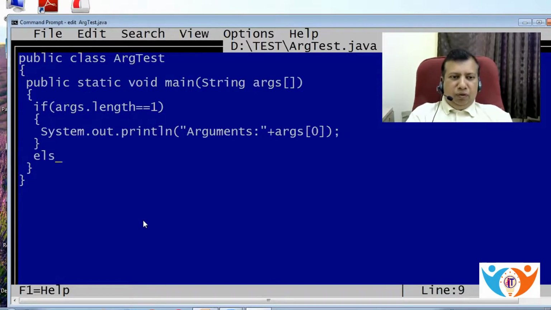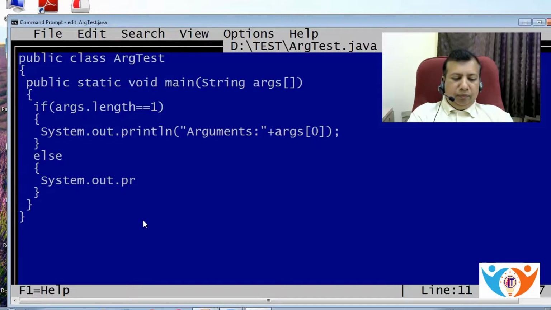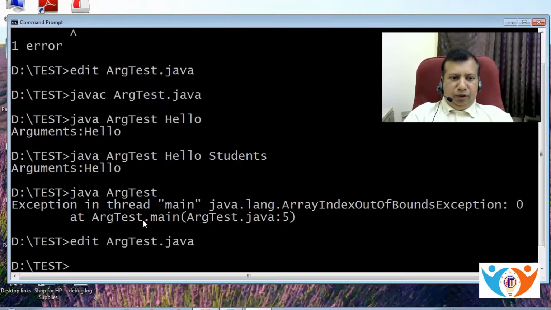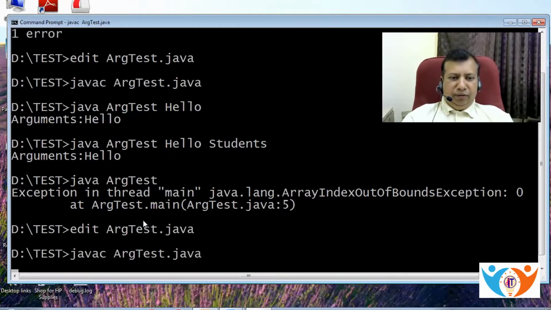Otherwise, we can give the message "pass one argument". So this is the message for the end user. So save the program, quit, and recompile it.